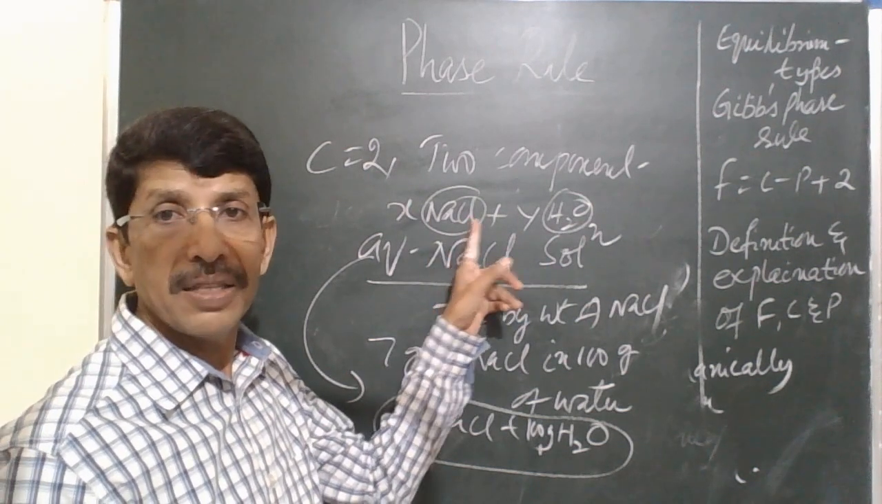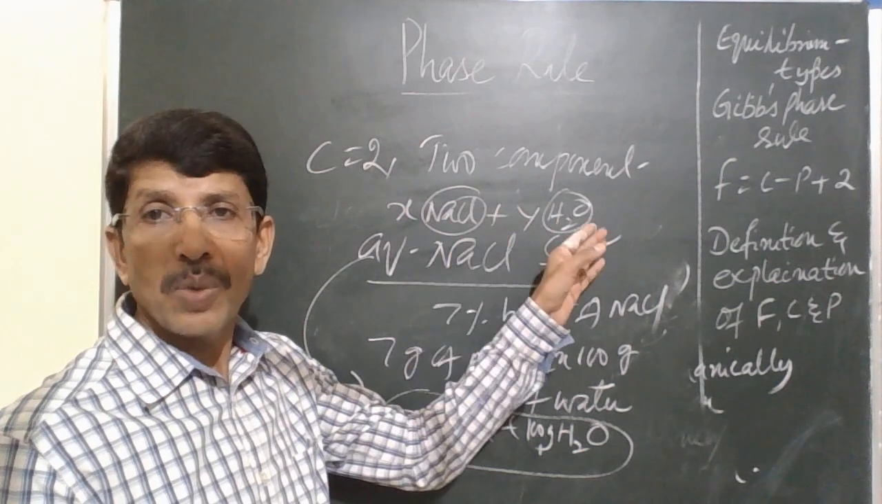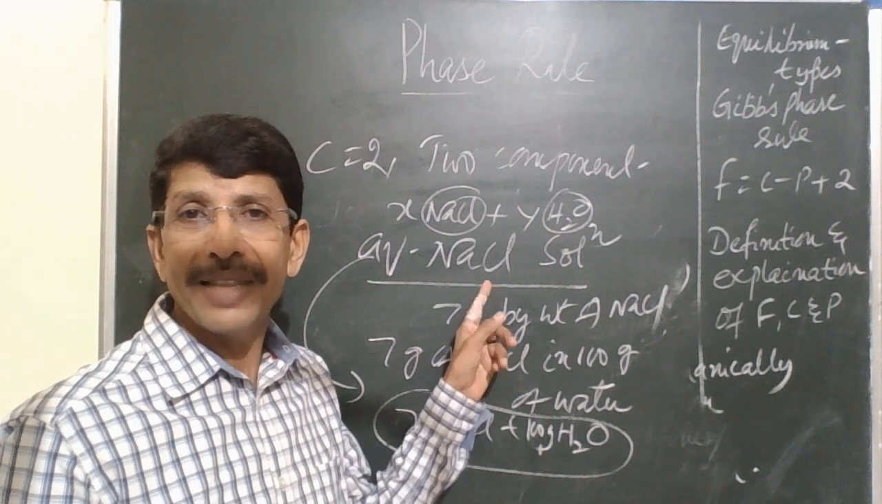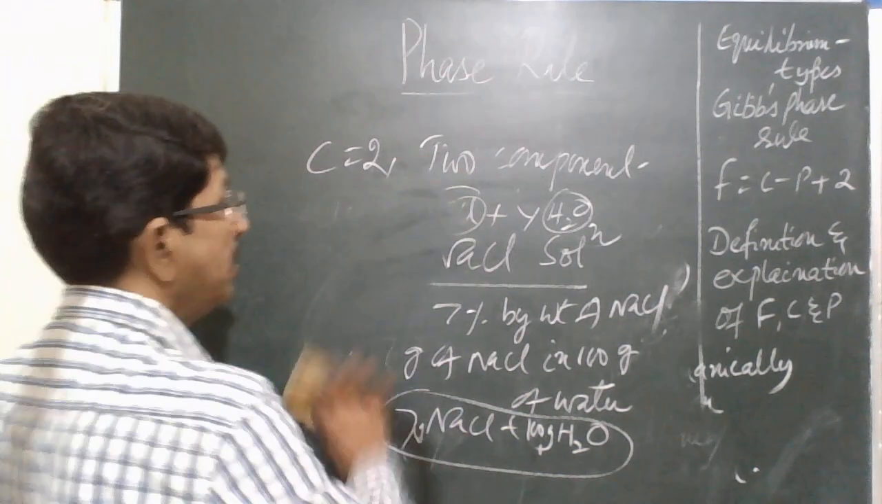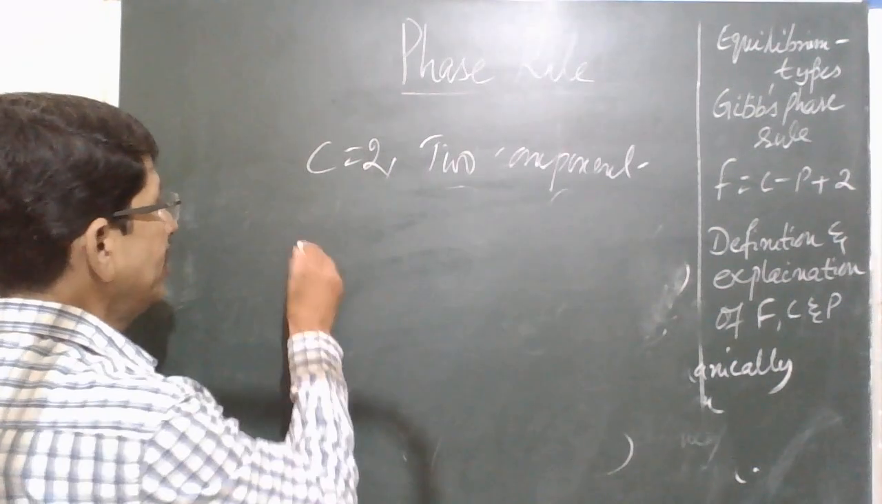X moles of NaCl plus Y moles of water, or X grams of NaCl plus Y grams of water. So in the form of an equation, we are able to explain the composition of this phase. So this is a 2-component system. For example, if you consider